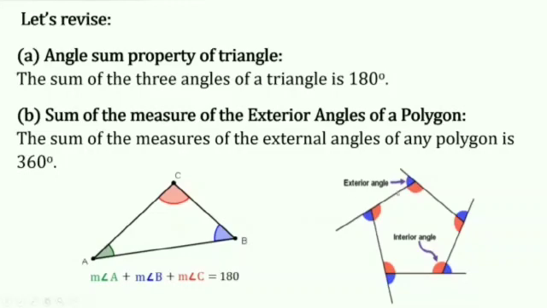Apart from this, you know that the exterior angle and the corresponding interior angles, they are making linear pair. Suppose this exterior angle is say 80 degree, then the corresponding interior angle, this one will be 100 degree. So this is also you have to keep in mind, because this also you need when we are solving the exercise. So let's start with the exercise.